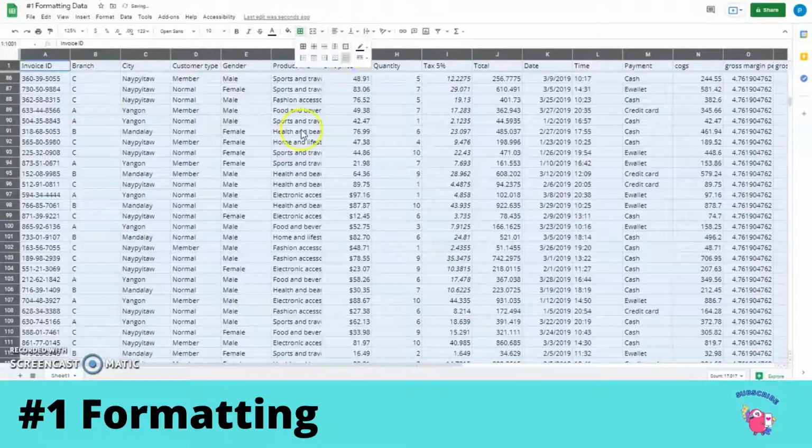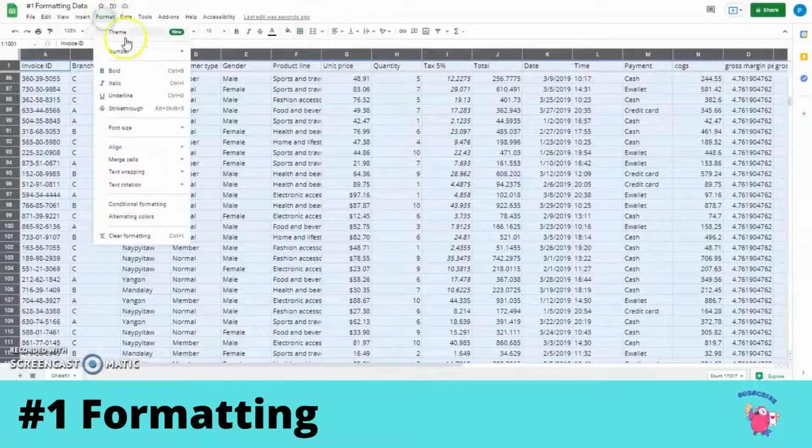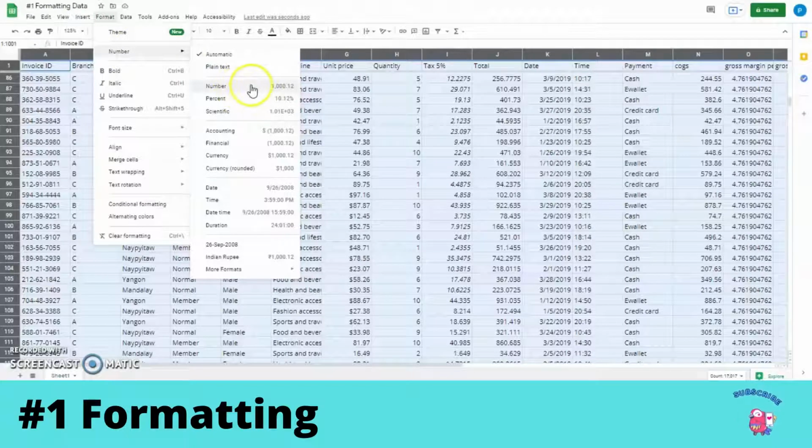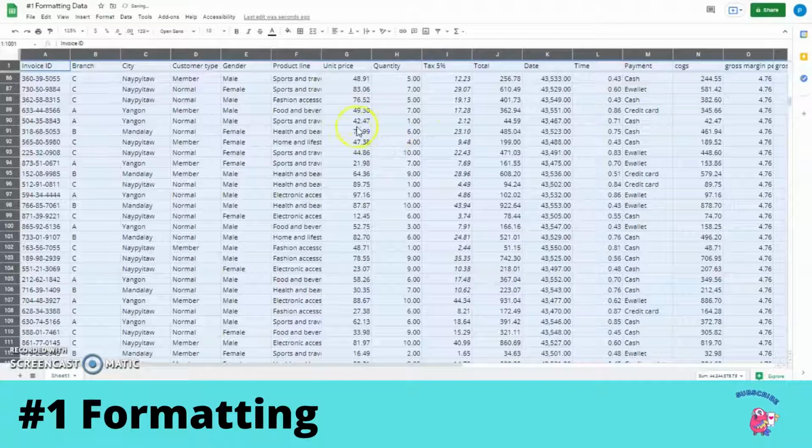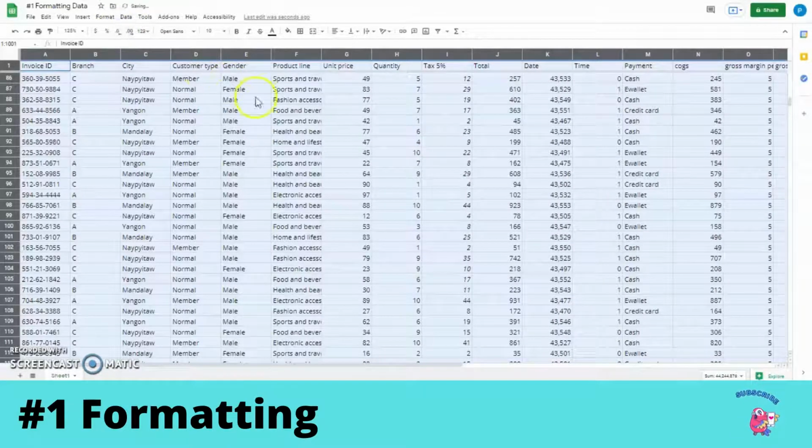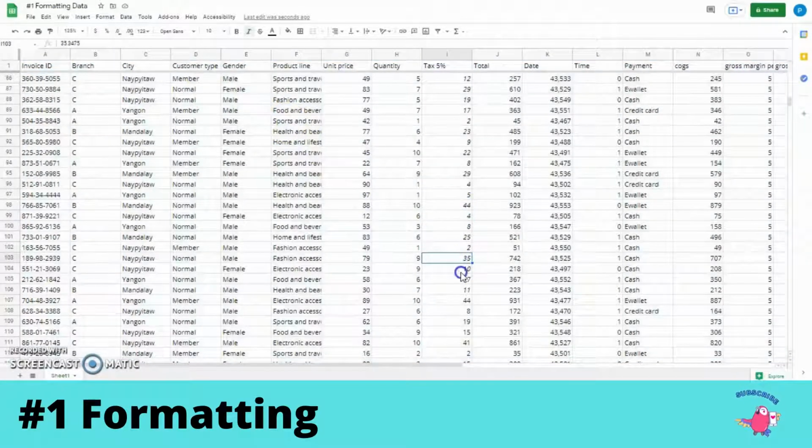Simple. Now if you see here, we wanted to remove this dollar. So the complete number system should be in numbers only. So go to format, click on number, and it should be number only, not dollars. So it is in numbers now. Now if you want to remove this 6.00, if you want to shift this 00, then go here and decrease decimal places. Simple. Done.